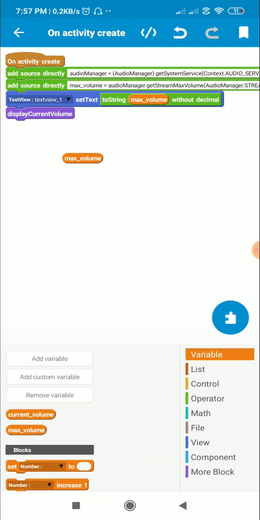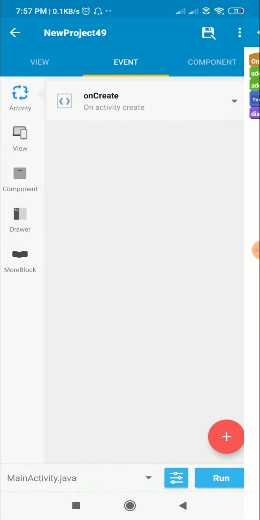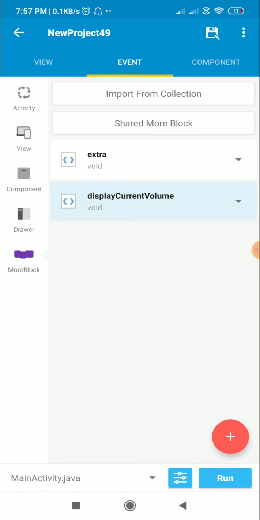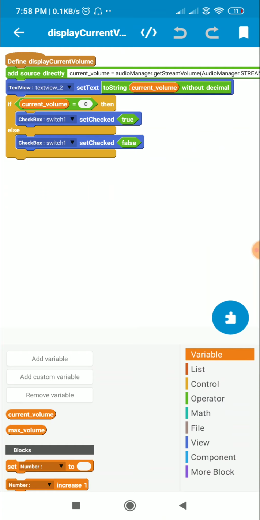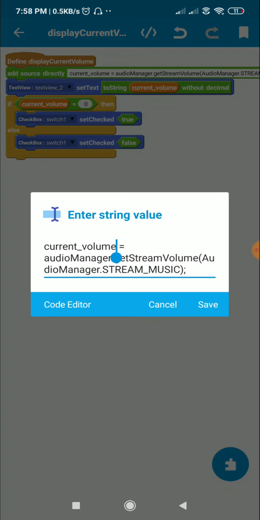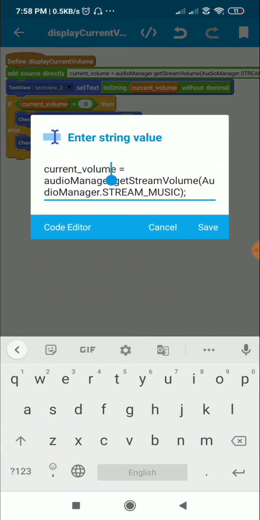After this I display the current volume. For displaying current volume I have created a more block display current volume, and in this more block I have defined the number variable current_volume. So first I added this number variable current_volume, and I defined it as current_volume is equal to audio manager dot get stream volume, audio manager dot stream_music.